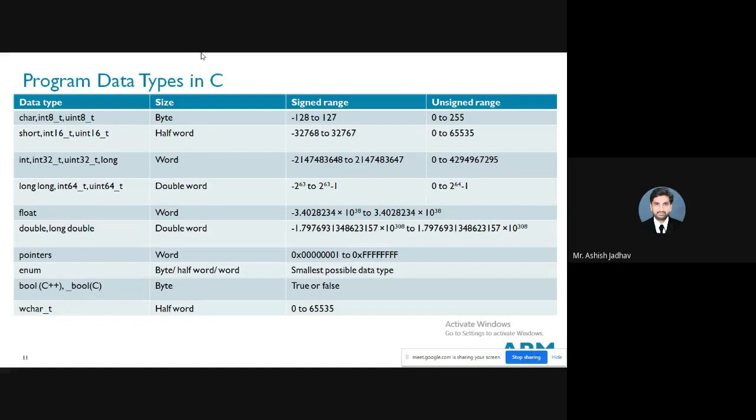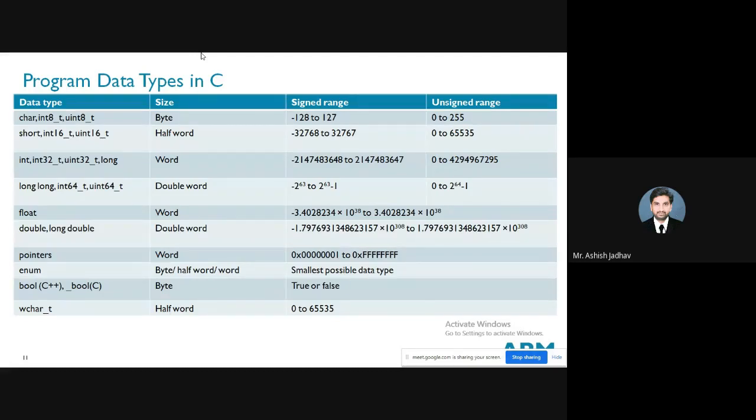Of course, it will be 2 raised to 8, that becomes 256. But here we are taking a signed range as well as an unsigned range. For signed range, how much would it be? It would be minus 128 to 127. And how much would be the unsigned range? It would be from 0 to 255, right?